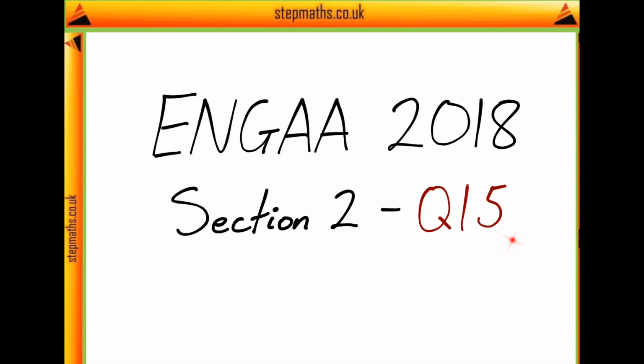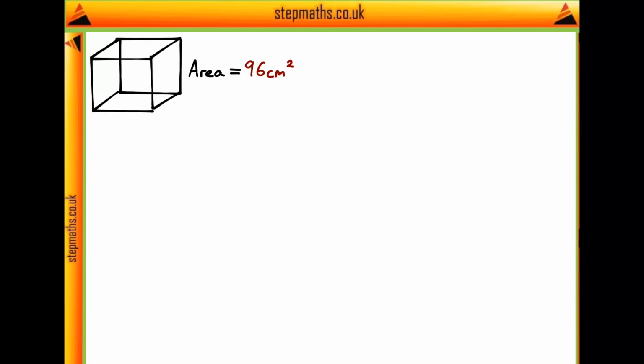Here we're going to look at question 15 from section 2 of the ENGAA 2018 paper. In this question we're told we have a solid cube which has a total surface area of 96 centimetres squared. We're then told that we take this cube and we attach it to a spring and dangle it so that